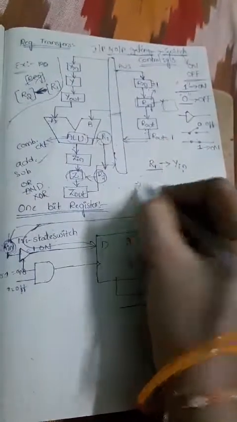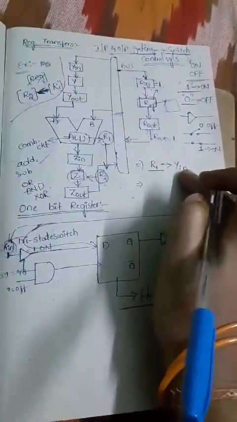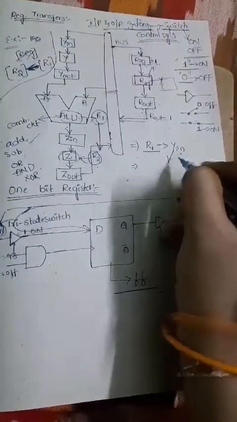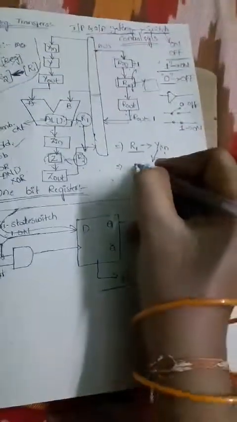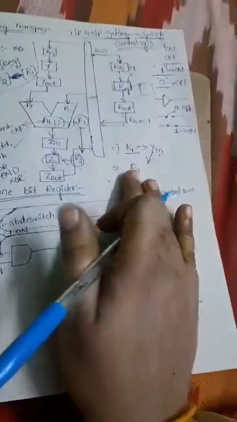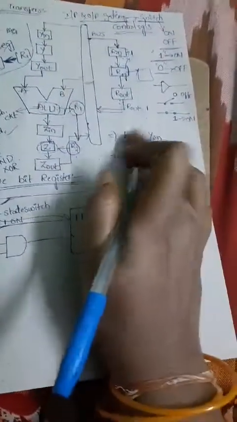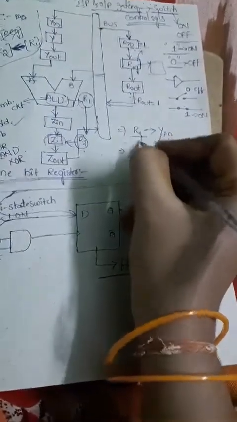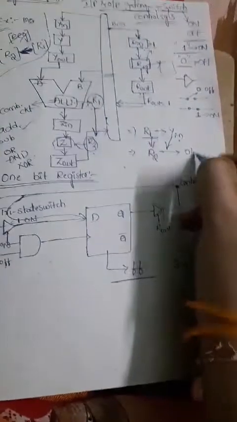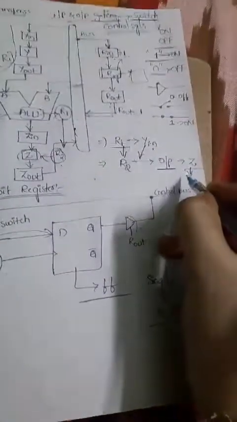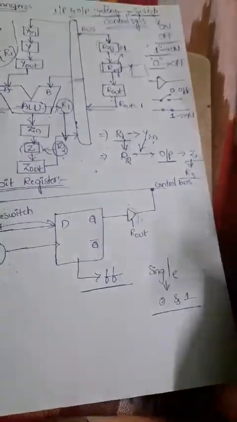Okay. So R1 moved to the Y input, and next this input will be moved to the next register, which you can imagine as the R2 register. So directly we can say that R1 is moved to R2. Then we'll get the register output, which we choose by Z. After that, the result we get from Z will be stored in a particular register, that may be the R3 register.